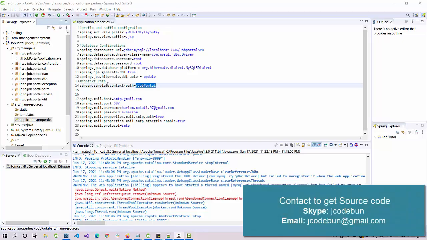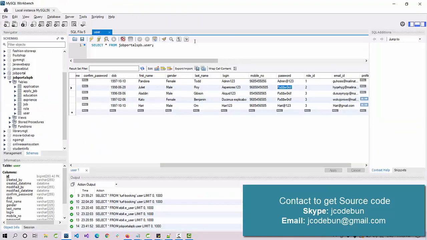Hello everyone, welcome again. Today I'm going to show you another project, this time in Spring Boot and Hibernate. So it's not a simple JSP and servlet project, it's advanced, you can say a major project, and it's using MVC Boot. To manage the backend it's using Hibernate, and we are storing the data in MySQL. Here we have a database for the job portal, SP meaning Spring and Spring Boot, and here we have